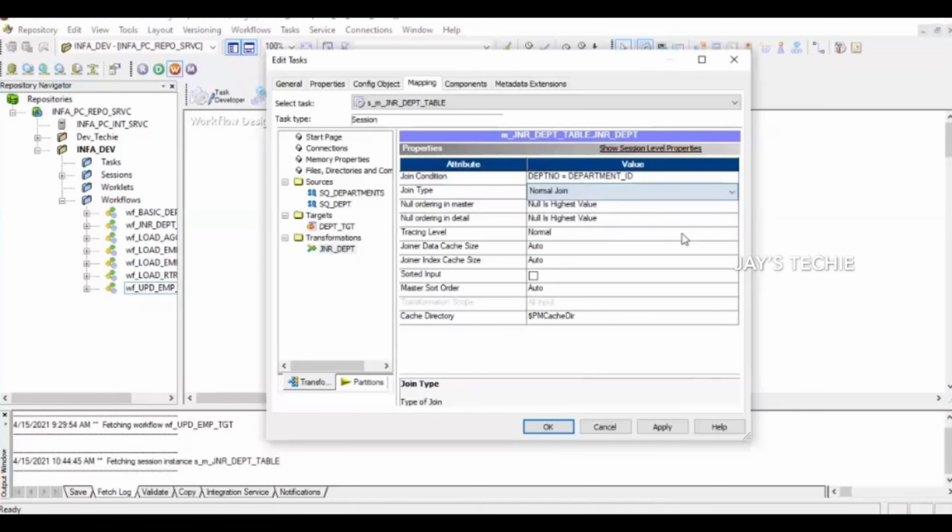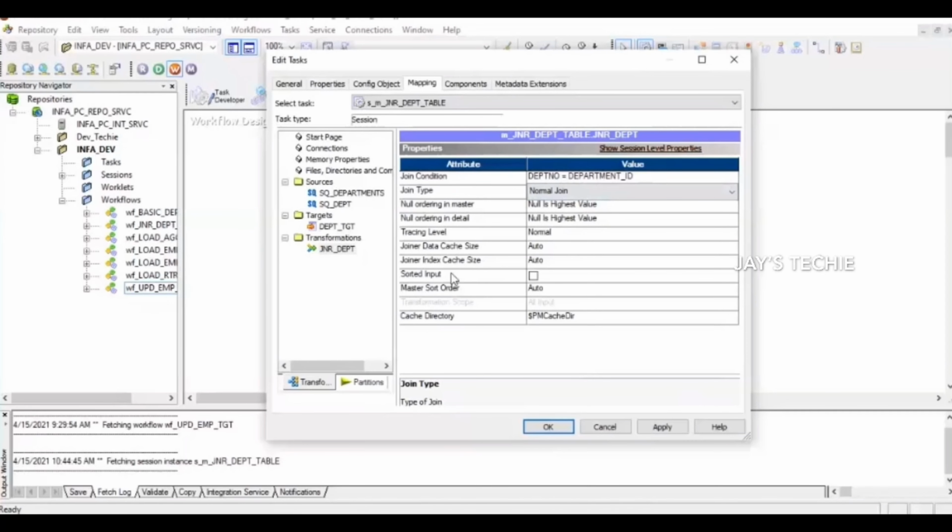Another thing here is performance. This is one of the common questions that will be asked in interviews: what challenges did you face with performance and how did you fix them? In that case you can start explaining the joiner transformation, because in joiner transformations you will face a lot of performance issues. You can handle them by passing sorted input. Currently the data is not sorted. Assume the source contains 1 million records from table A and 2 million records from table B, so it has to sort and then do the join condition.